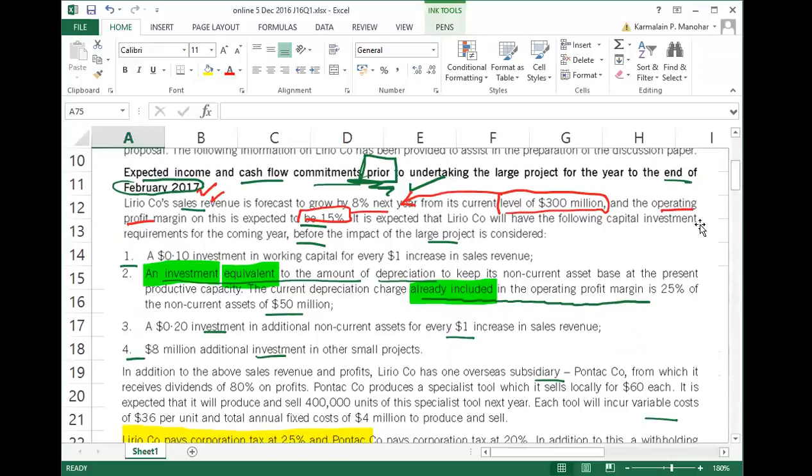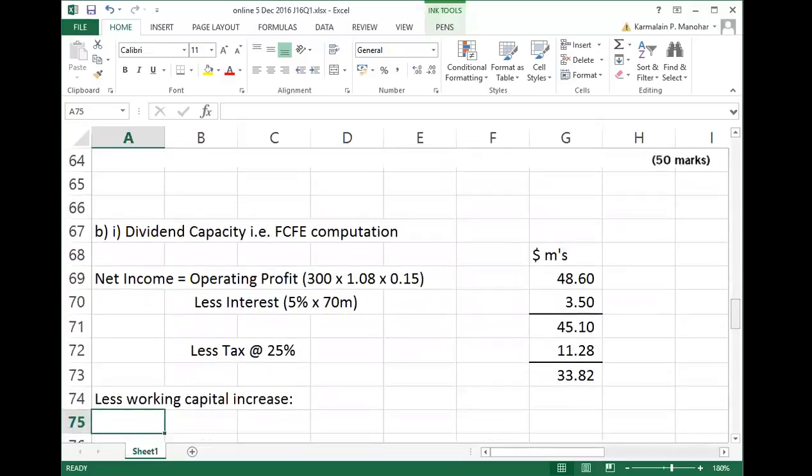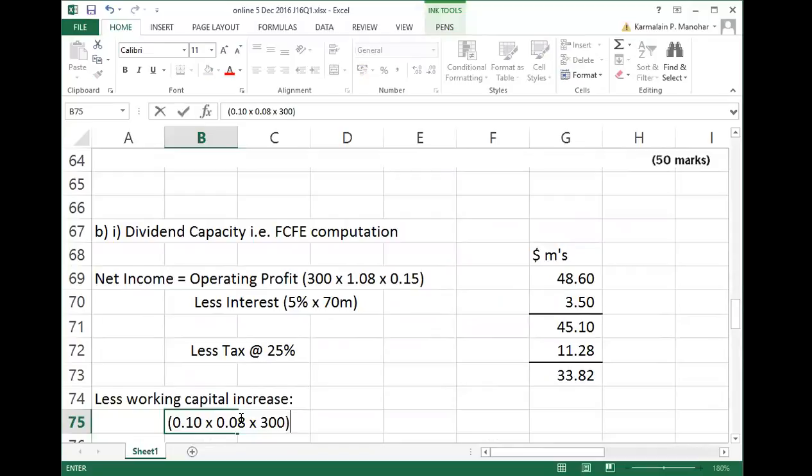What was our increase in sales revenue? 8% by 300. So the growth was 24. 8% of 300 is 24. So 10 cents times that. 0.10 times 0.08 times 300, 2.4 plus 0.1 times